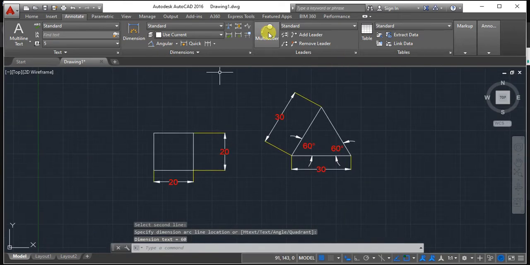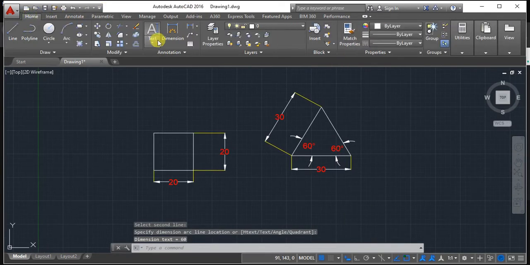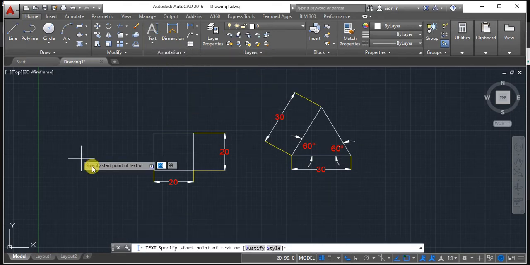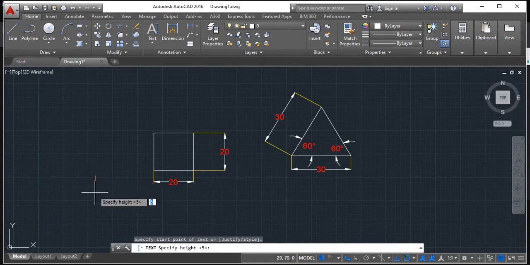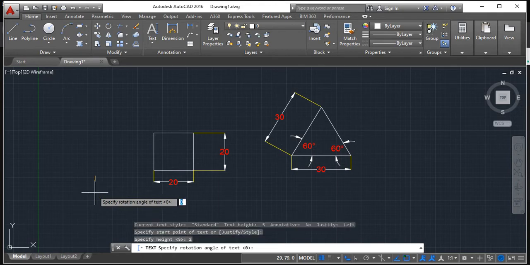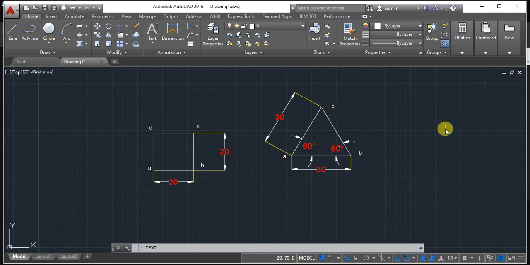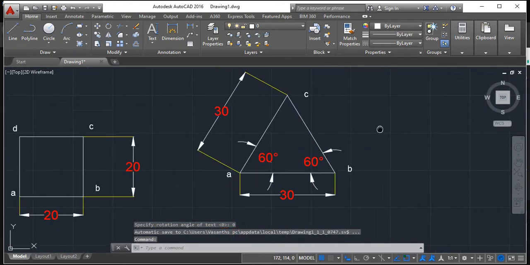Now for the same figure, if you want to give naming, I have already told you in the very first thing, that is single line text. Just mention single line text of, let us say, 5 mm or less than that, or maybe I'm just selecting 2 mm for this, and the angle should be 0. I can click anywhere in order to start naming the thing. A, B, C and D. Go clockwise or anti-clockwise, that's up to you. Okay, that's it. Your naming is also done.